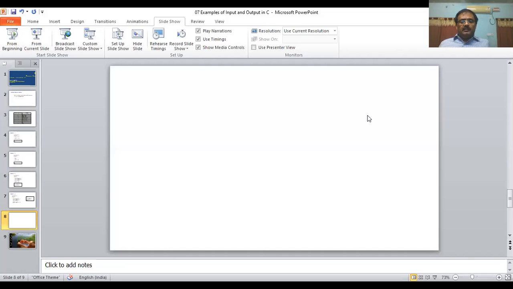So this is how we could see the execution of C programs that may take inputs to the variables in different ways and also produce outputs that are printed on the screen using printf statements in different ways.